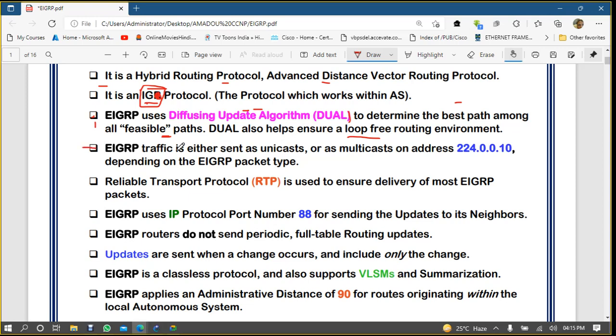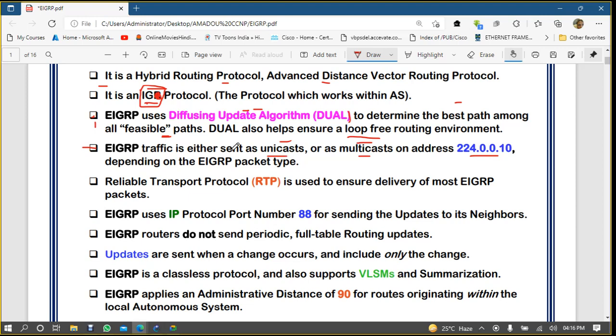EIGRP traffic is sent in two modes: unicast and multicast. In multicast, the EIGRP routing protocol has its own multicast address, 224.0.0.10. When sending unicast, it sends to a specific neighbor, for example if my neighbor is 12.1.1.2, it sends to that IP address.